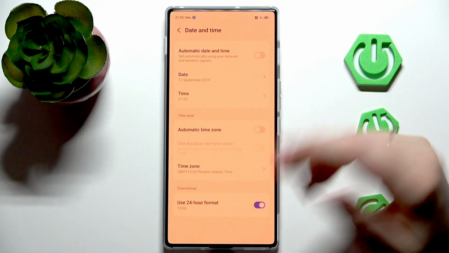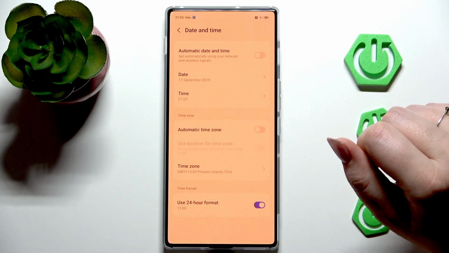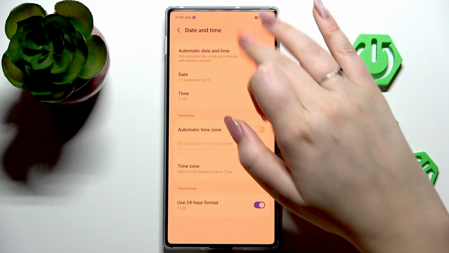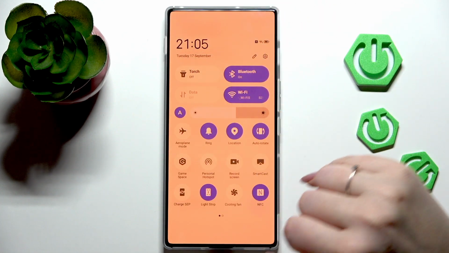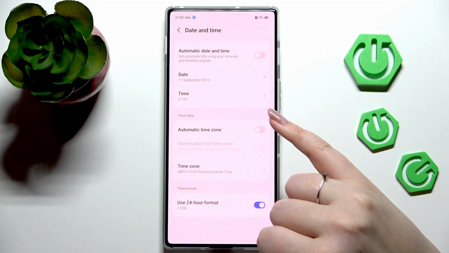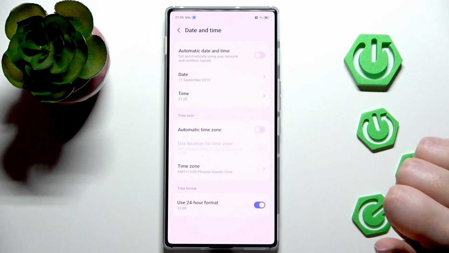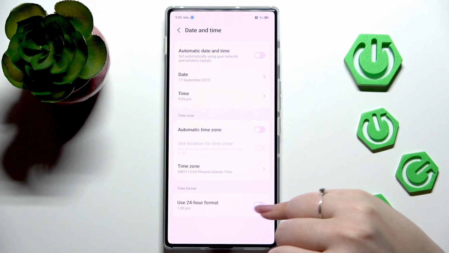As you can see, we've got the evidence that it worked because my night light simply turned on automatically. Let me maybe turn it off. Yep. All right. Here also the time format, we can either use the 24-hour format or 12-hour format just by